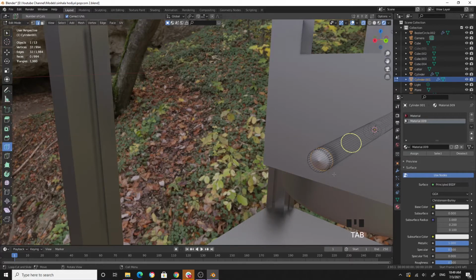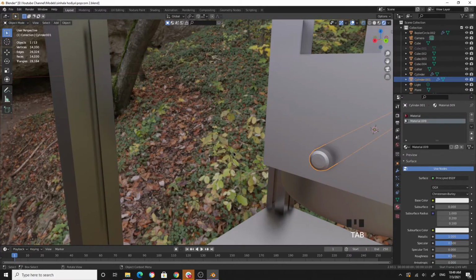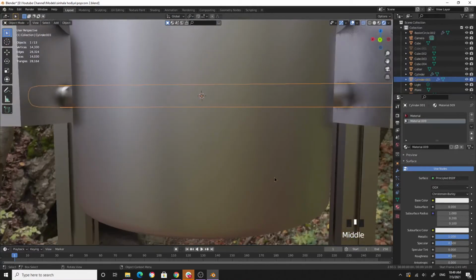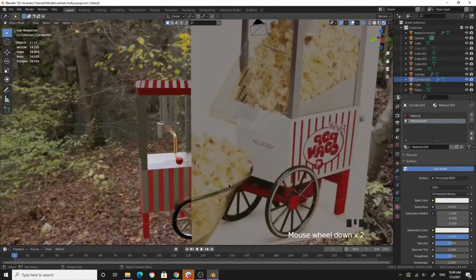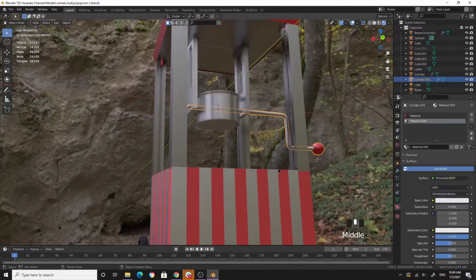And tab into edit mode, face selection mode, select tool and set the point. Okay. All right, so this is your popcorn machine